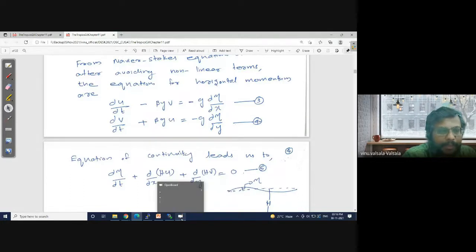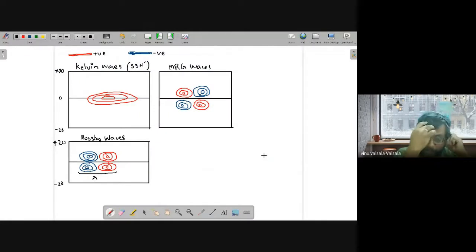In the break time, I have made up certain drawings for you, showing how these waves physically appear if you examine, say, sea surface height or a pressure pattern in the atmosphere. I hope you are seeing my screen. If you are not, please raise your hand. The top left panel shows the Kelvin waves, how they look in sea surface height anomaly. So that's going to be their structure.